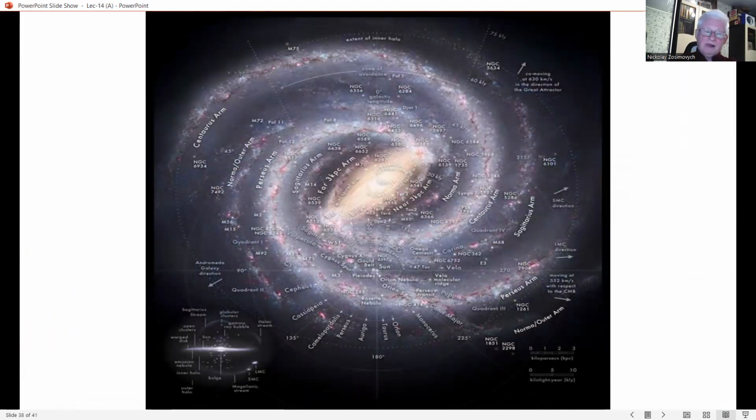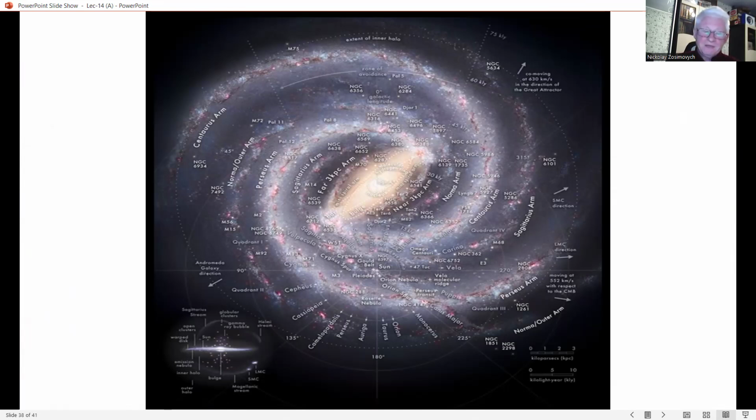This estimate is uncertain for a number of reasons. First, astronomers don't know the radius of the Sun's orbit with great certainty. They estimate the radius as 8 kiloparsecs, but they could be wrong by 10% or more. And this radius gets cubed in the calculation, so it makes a big difference.